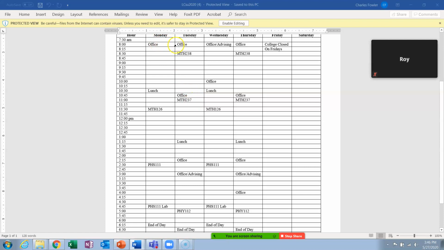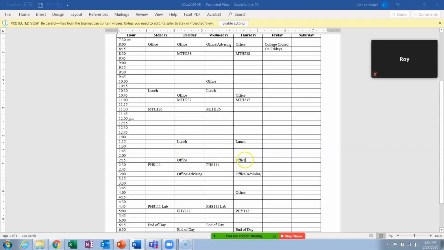On Tuesday, I'm in the office by 8 every morning. My first class on Tuesday and Thursday is at 8:30. It's a differential equations class. It goes until 10:45. And then I'm in the office swapping out materials for classes for 15 minutes. And then my linear algebra class starts at 11. That goes until 1:15. Now, sometime on Tuesday and Thursday after 1:15, I'll run down and grab a bite to eat. I'm usually back here before 2:15.